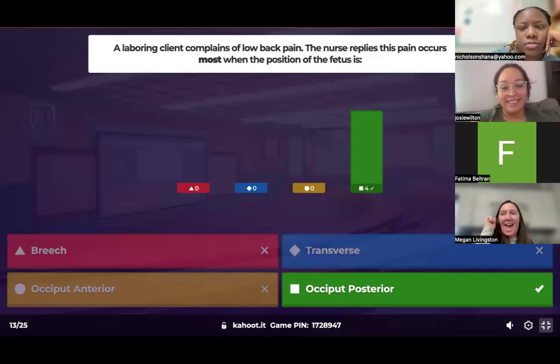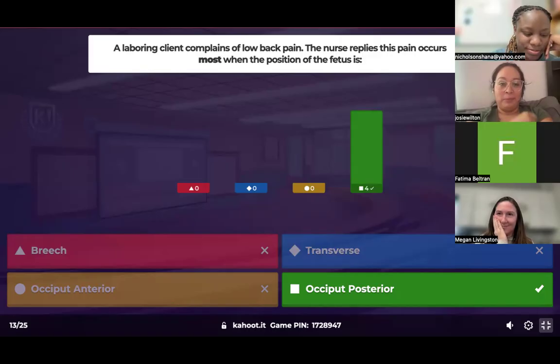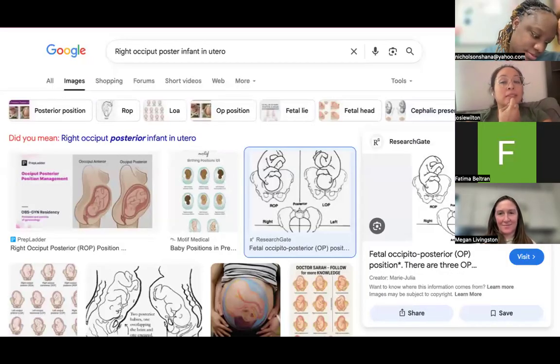Great job. You guys are awesome. Yes, if mom is having back pain, it is because she is in an OP position. Let's go back to that picture. So if we look here